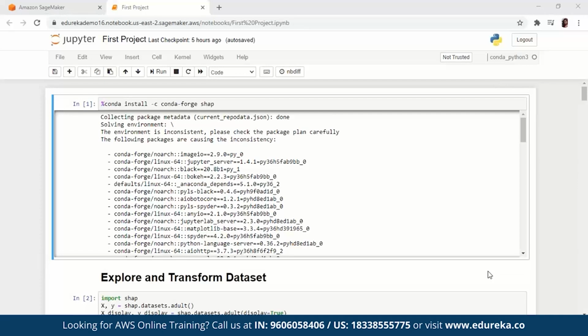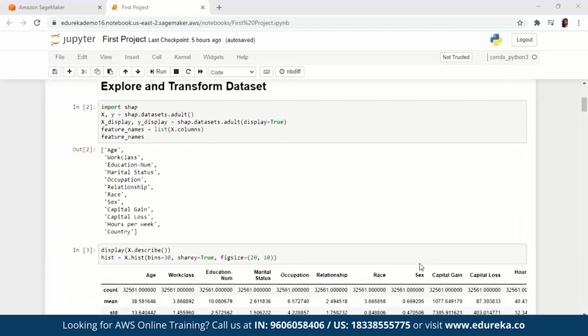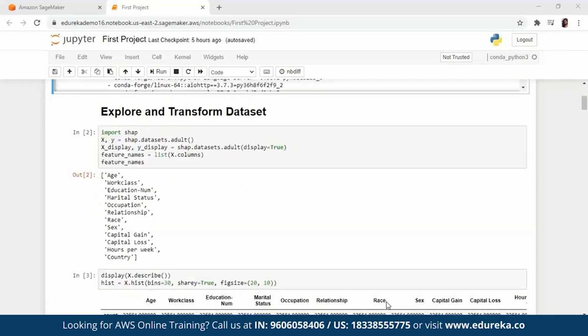First, we are going to install the SHAP library. If the current Jupyter kernel does not have the SHAP library, install it by running the following conda command. That is conda install -c conda-forge shap. There's also a way to download SHAP on Jupyter Lab, and that's not necessary right now, so we're not going to discuss it. Now, if I scroll down to the next cell,